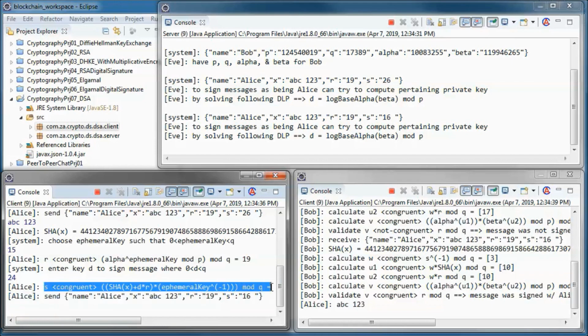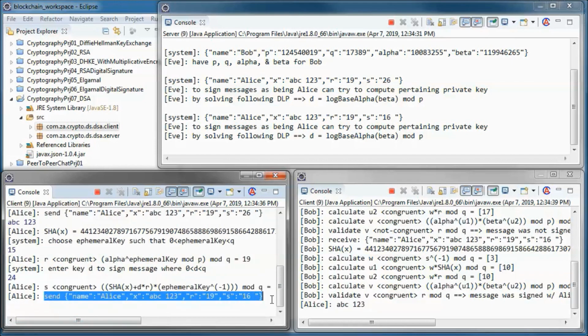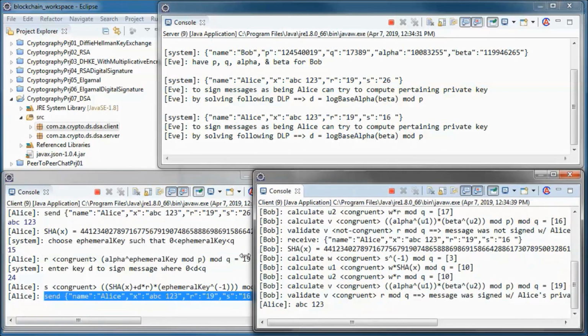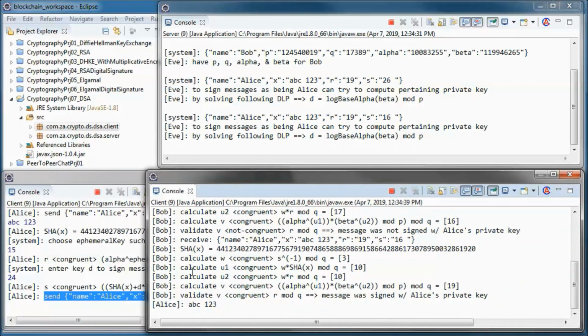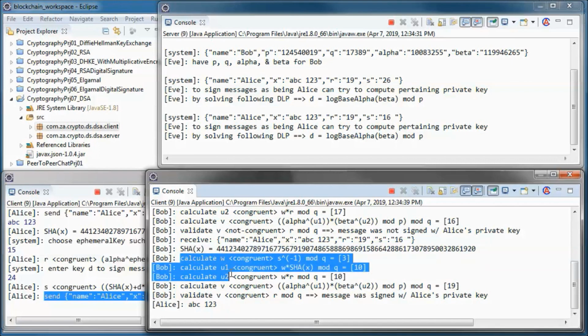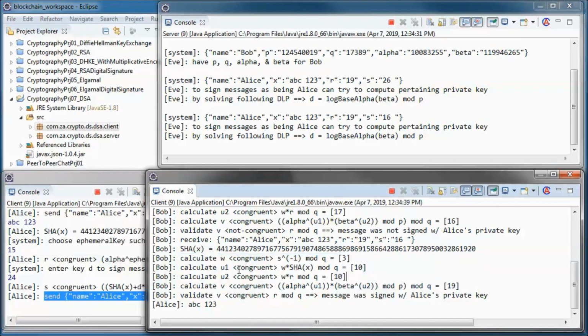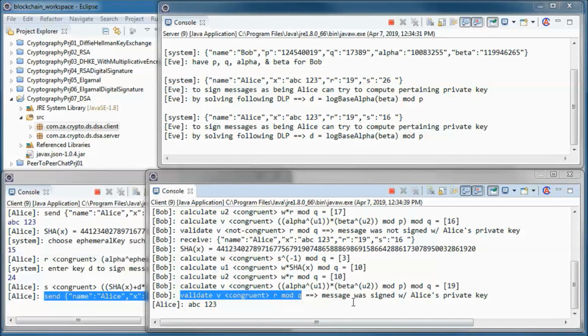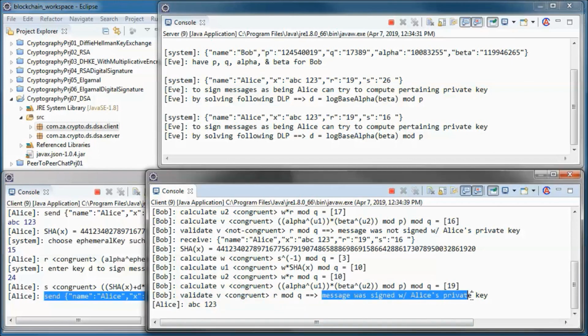She calculates the signature param S and sends her signed message to Bob, and he receives that and calculates the hash for the message, and then calculates W, U1, U2, and V, and validates that V is congruent to R in mod Q. So the message was signed with Alice's private key.